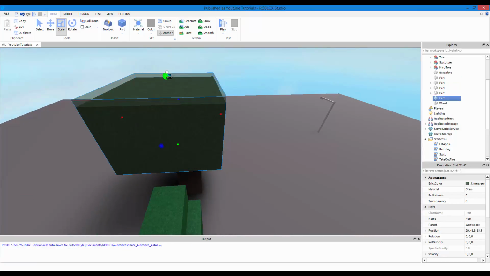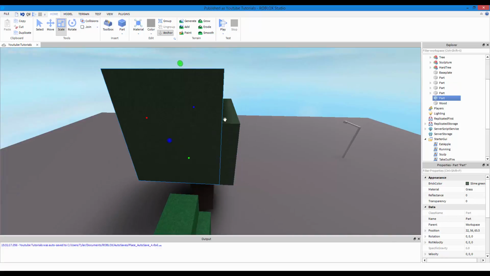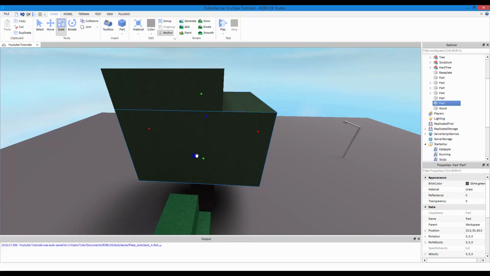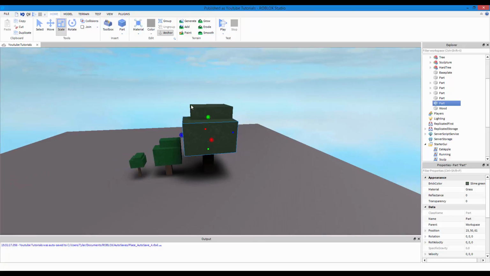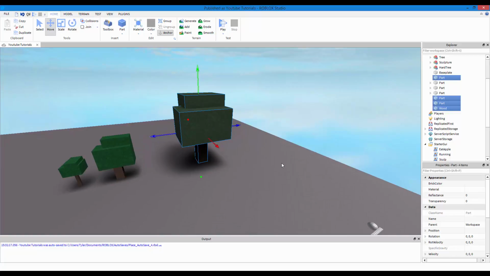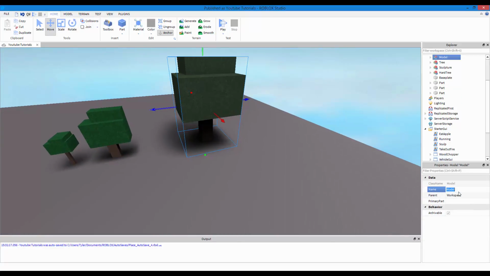Alright, and Control D to duplicate. Let's just kind of make leaves all over the place. I'm not gonna make this too much detail or anything. I'm gonna select this, just move it over a little. Alright, now we can do Control G to group. Now let's name this monster